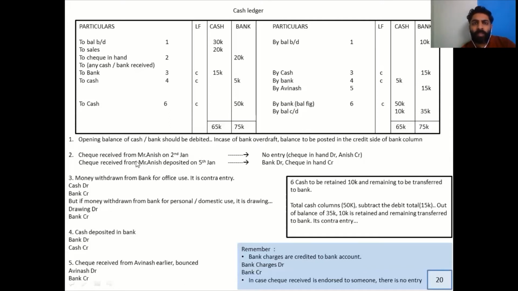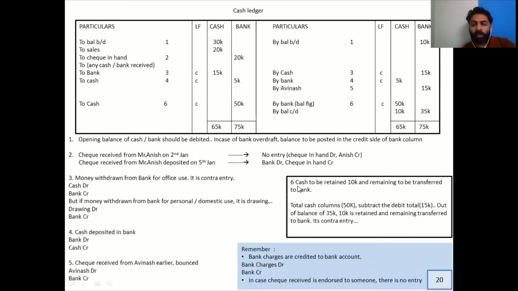Now this is what normally your sums will be having: 1, 2, 3, 4, 5 transactions. Once you post it, the first step you will do is see which side is bigger, debit or credit side, just like you close the ledger. So now in my case, the cash side is bigger, right? It's 65K, and this side has got only 5K here. Okay, but now I'll just move on to the sixth transaction.